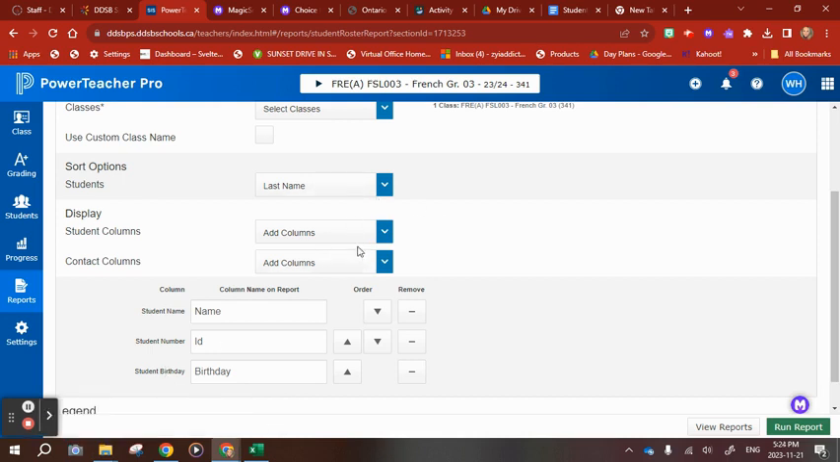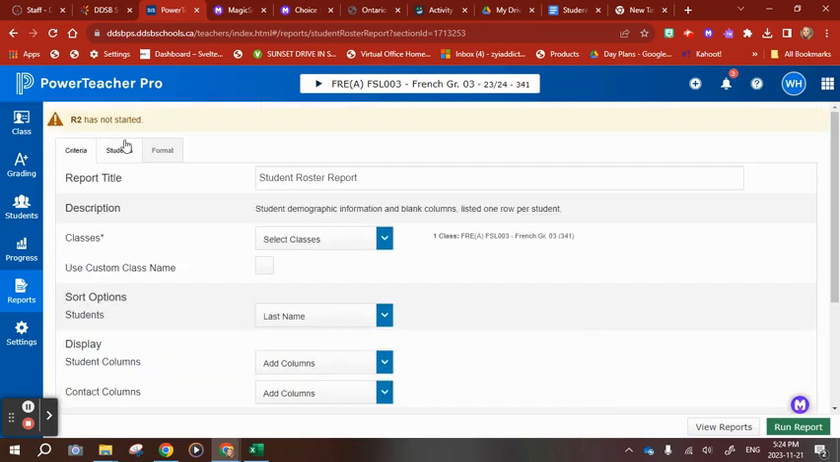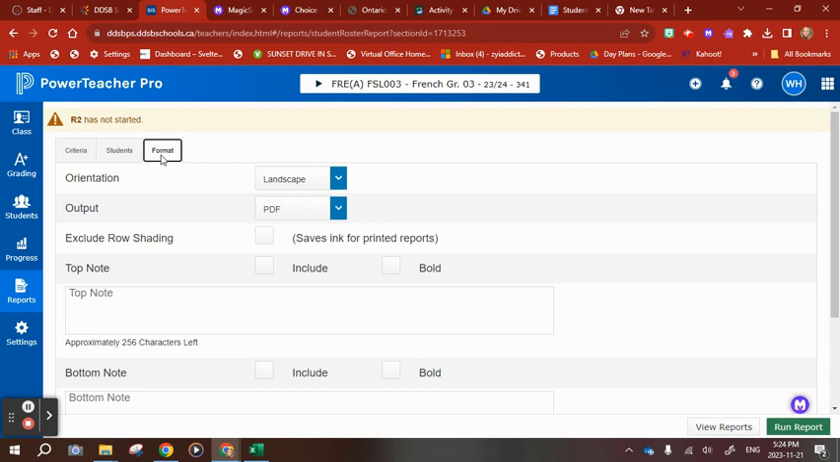So I go to add columns, and that's where I would add student ID and add column student birthday. Once I've done that, I simply go up to format and I can choose my output. Now, some people like to work in Excel. I found it tricky to work in Excel with this because it keeps sending me to the one where the license is outdated. So I simply have my report come to a PDF. I run the report,